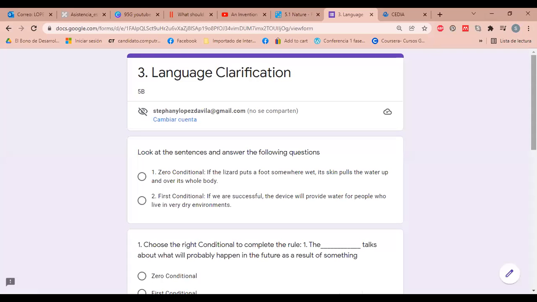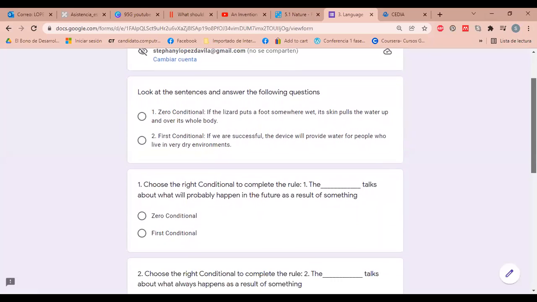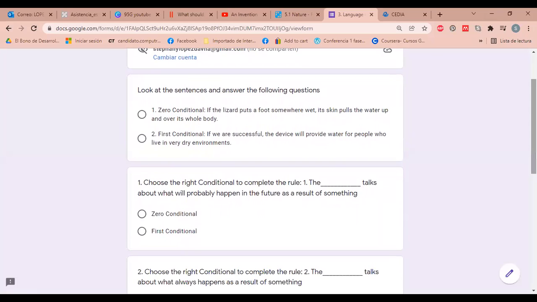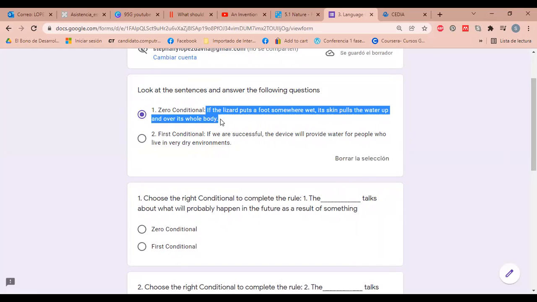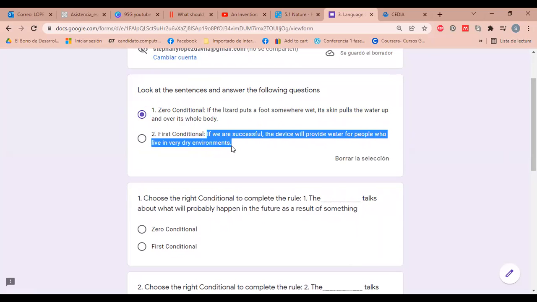Yes, teacher. Okay. So here we have some sentences. We have zero conditional and you have the example. And you have first conditional and also you have a sentence right after with the example, okay? Tenemos tanto un ejemplo para el zero conditional como para el first conditional.